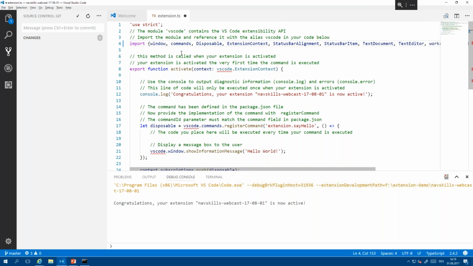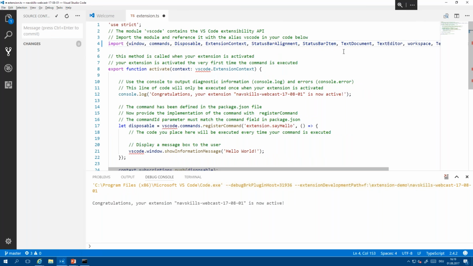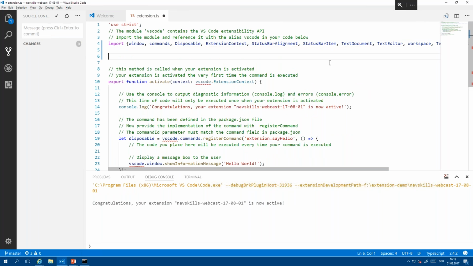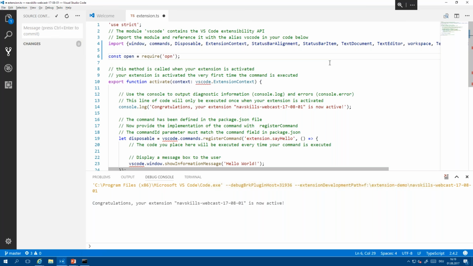And what I'm doing here is, because I'm not a friend of importing everything, I'm just importing the things that we need. And then I'm going to reference another library that we want to use, because we also want to be able to just run the object that we currently have selected later on to our extension. We need something that allows us to open a browser and navigate to a URL. So for that, we're going to use a package that is called OPN.